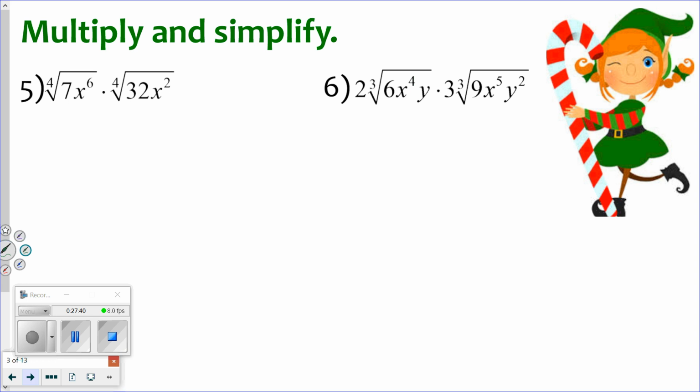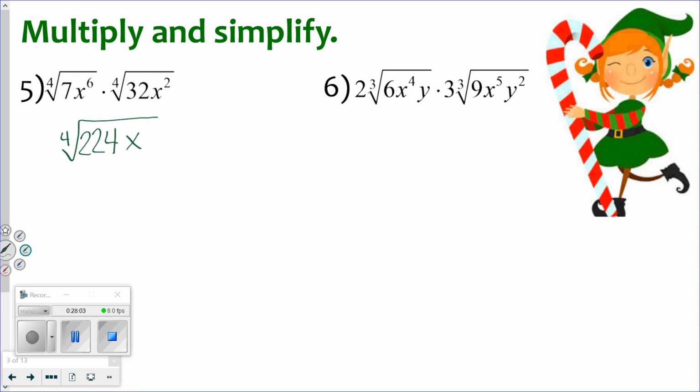So anytime you have radicals that are being multiplied, I want you to multiply them together first. Bring them to that single radical. So this will become the 4th root of, what is 7 times 32? 224. And then it becomes x to the,